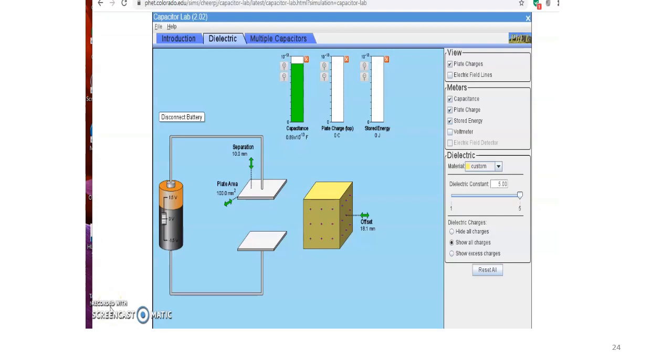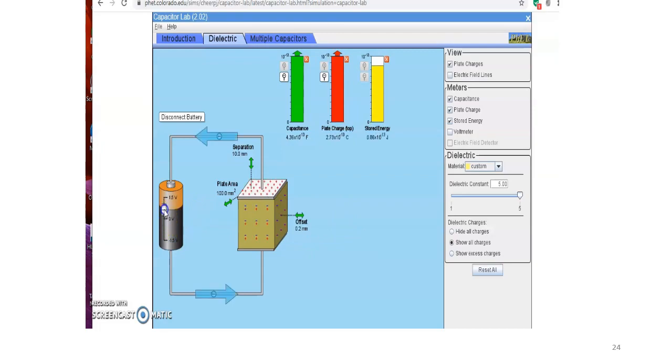Let's see, guys, what happens once we attach this dielectric to the plate capacitor. We will see the changes in stored energy. Here I choose the parameters capacitance, plate charge, and stored energy, and I set the dielectric constant to 5. The battery was already connected, so now I disconnect it and set the battery at 0 volts. Now I insert this dielectric between the capacitor plates, and once I increase the voltage,